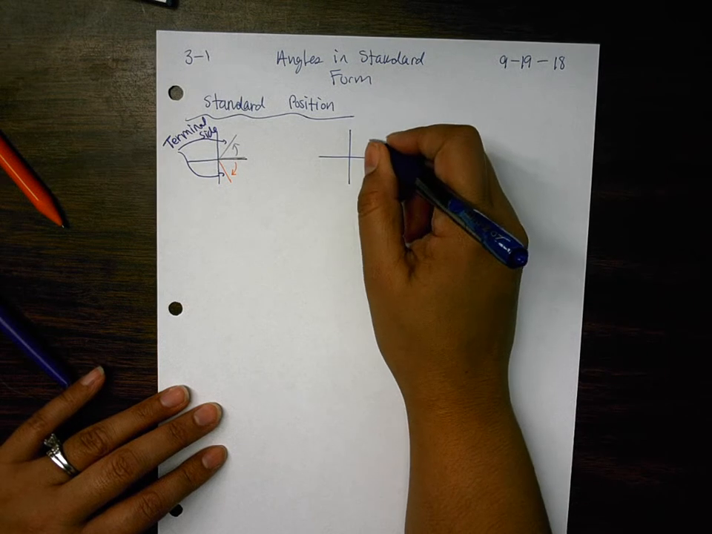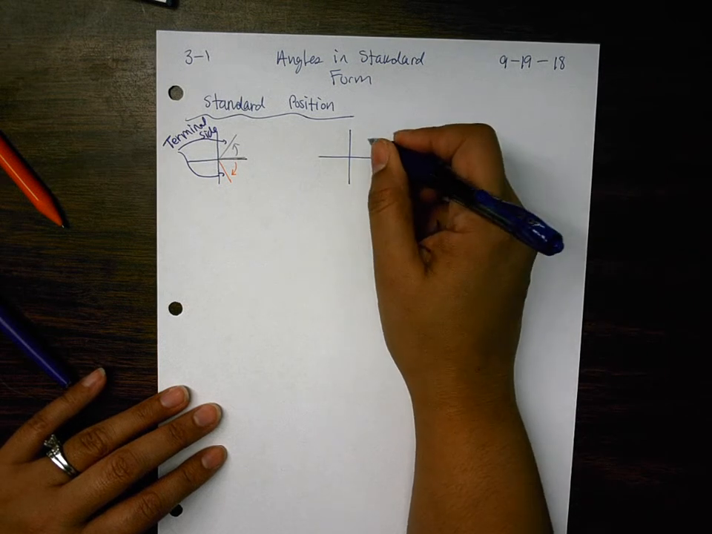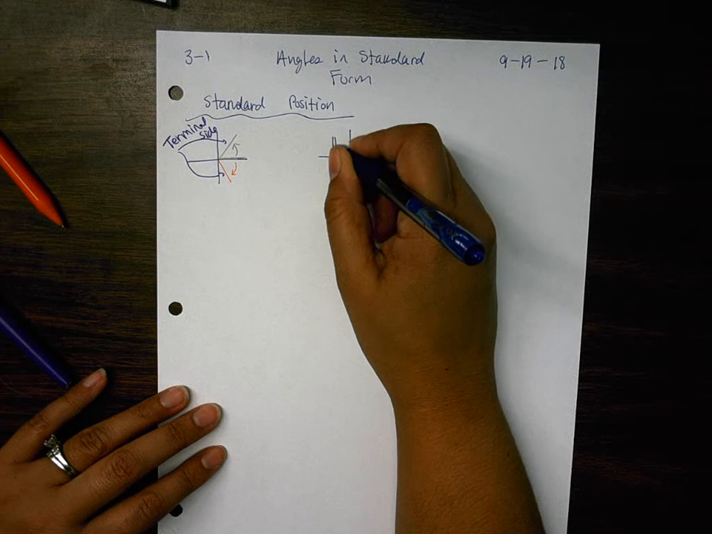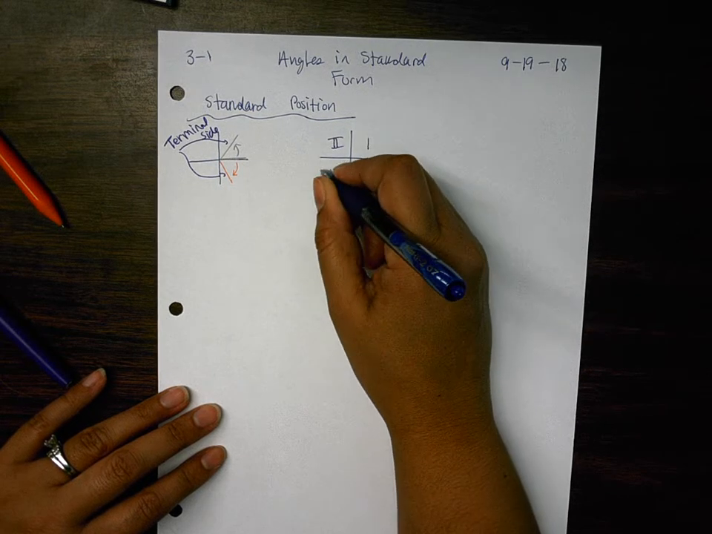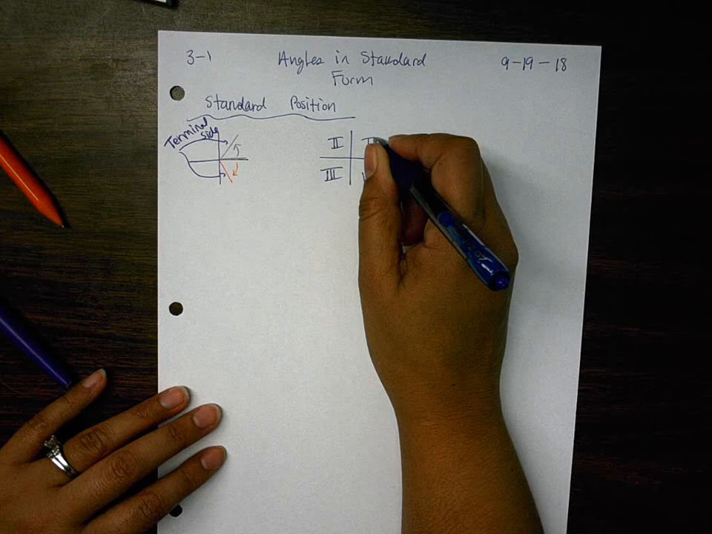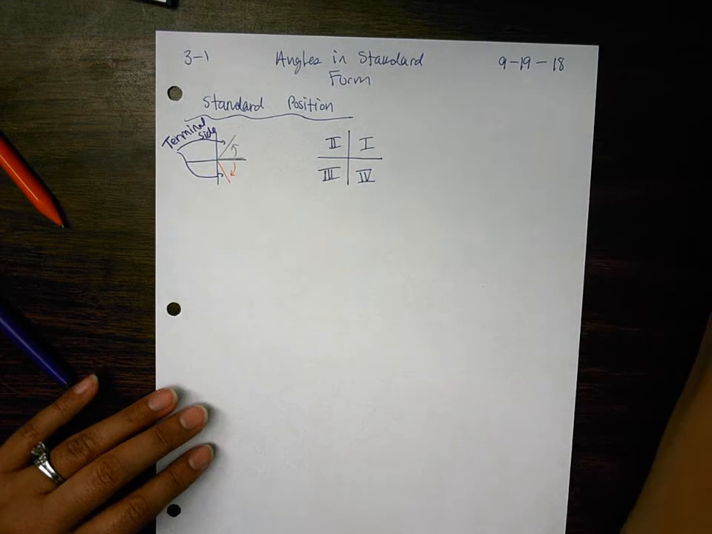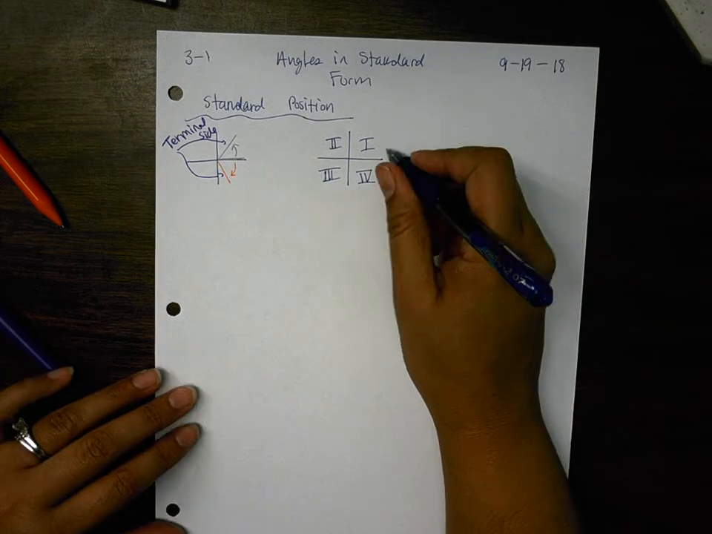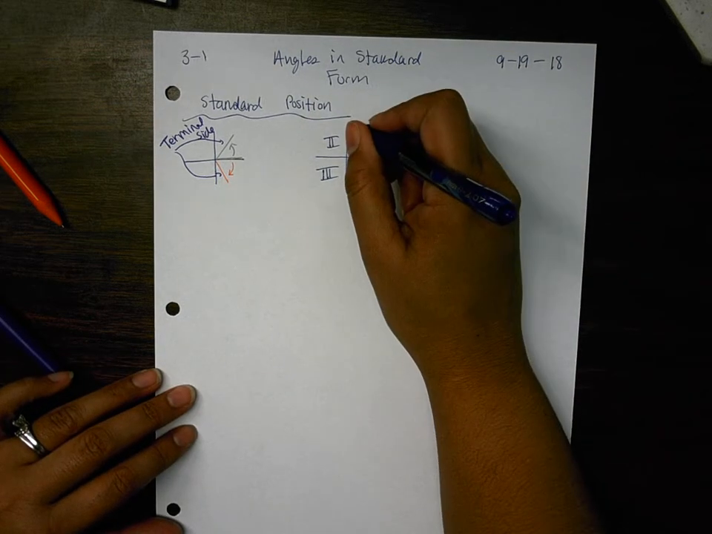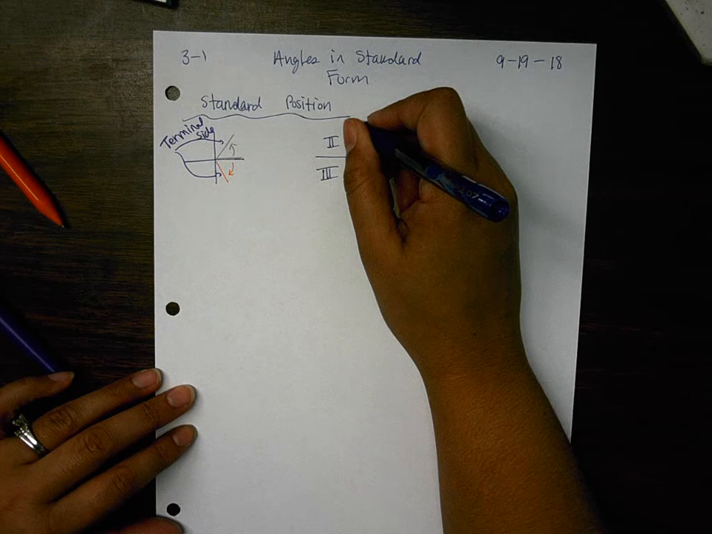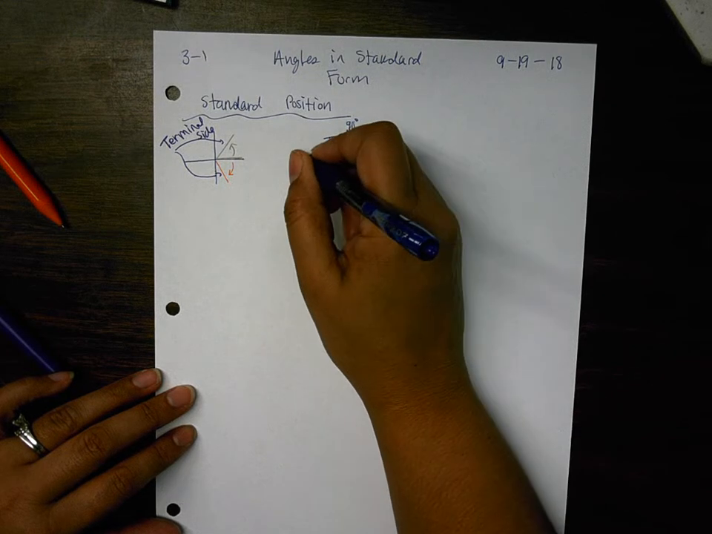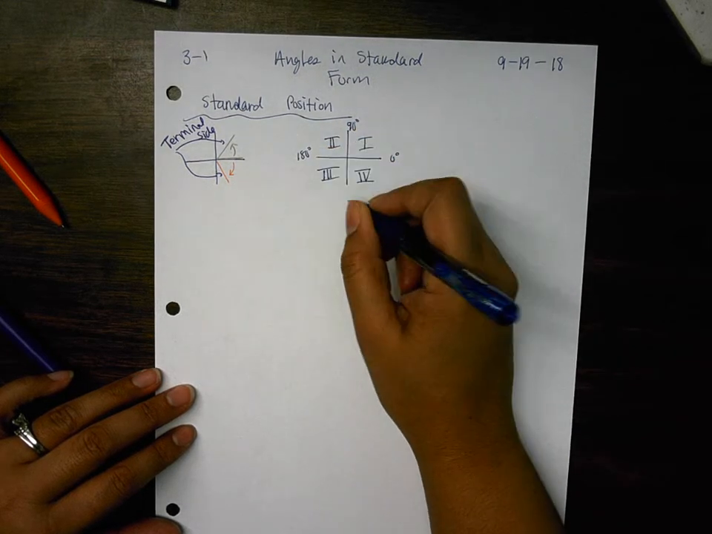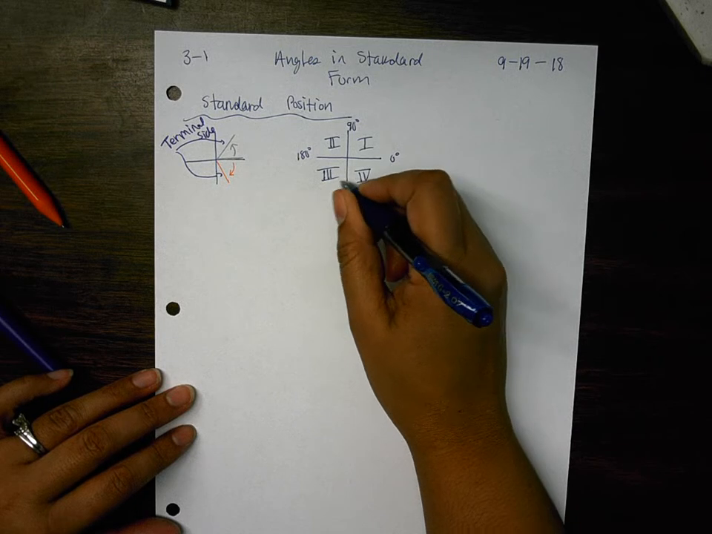What is this quadrant called that I'm pointing to right here? 1. This one is 2, 3, and 4. All right, if you don't want to use Roman numerals and you want to use numbers 1, 2, 3, 4, I'm okay with that. This is 0 degrees. What does this angle measure up here? 90, this one on the side, 180 at the bottom, and all the way around